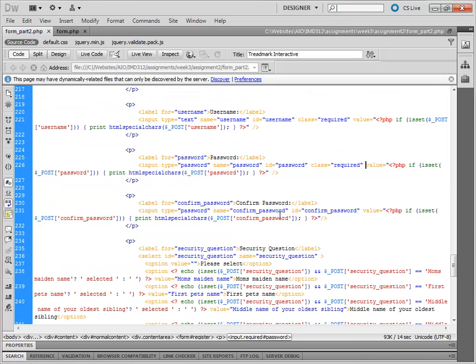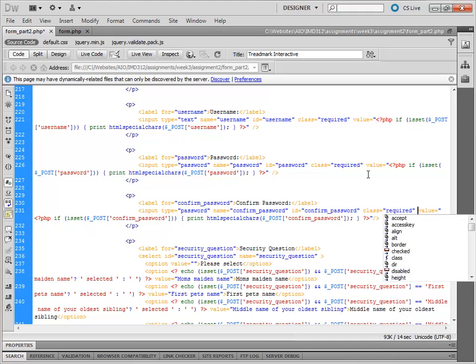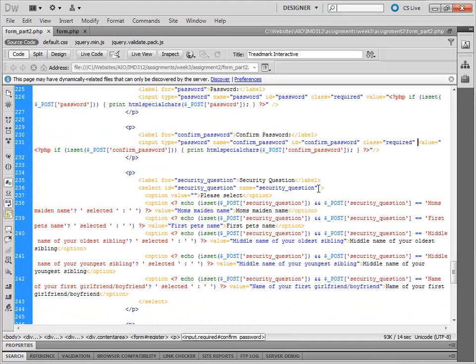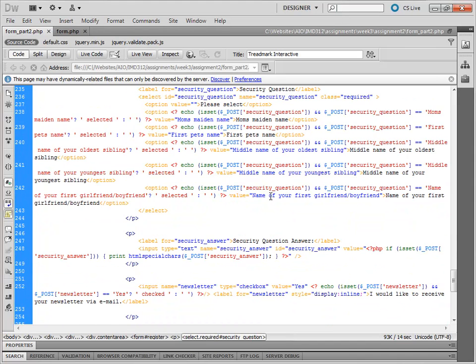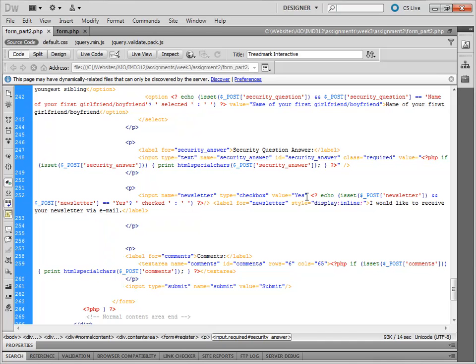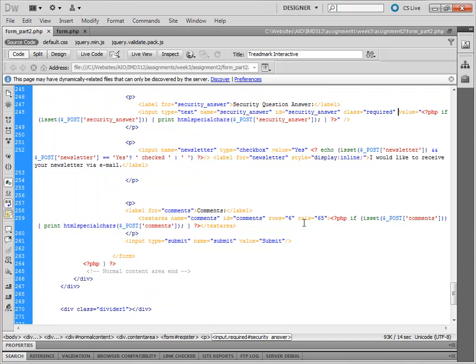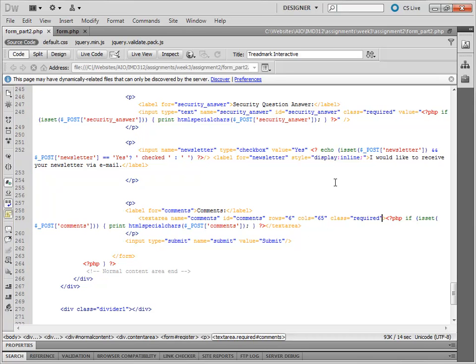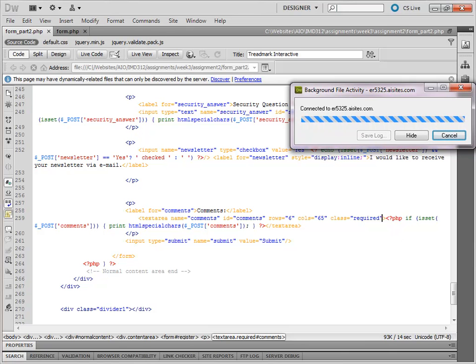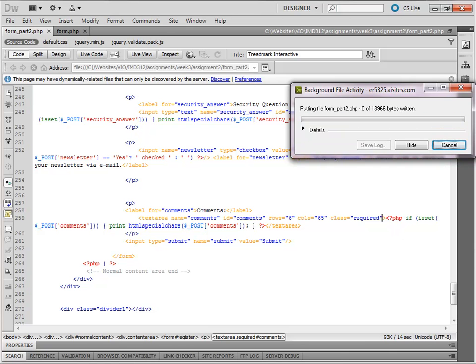It doesn't really matter what type of JavaScript validation you're using. So I'm just going to enable the basic validation for these, JavaScript validation, just to make sure they're all required. You don't have to require the checkbox. So now if I upload this,